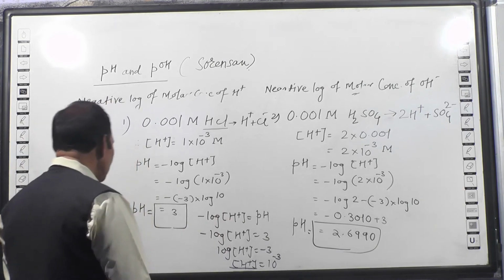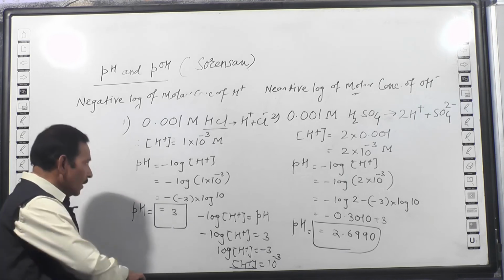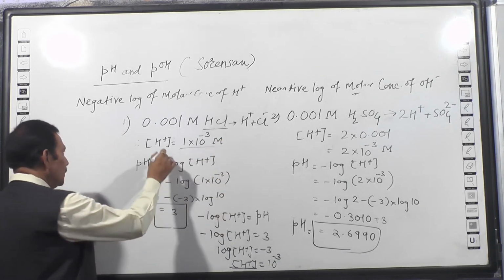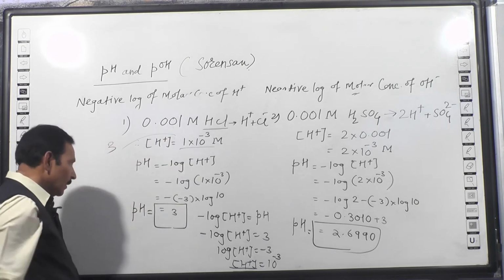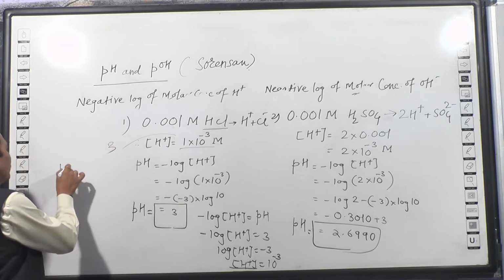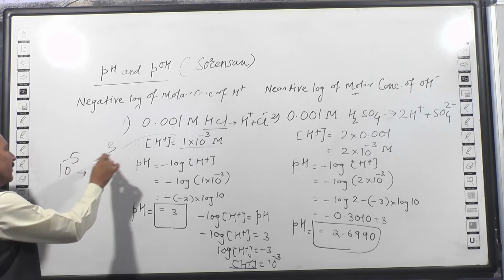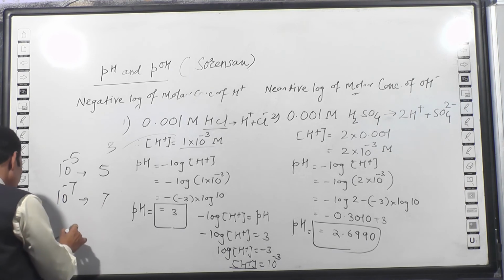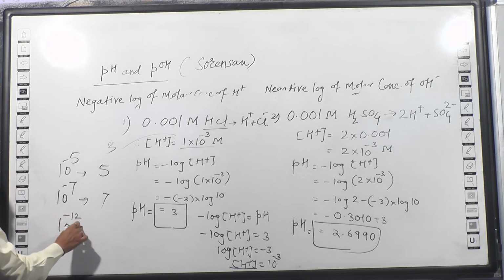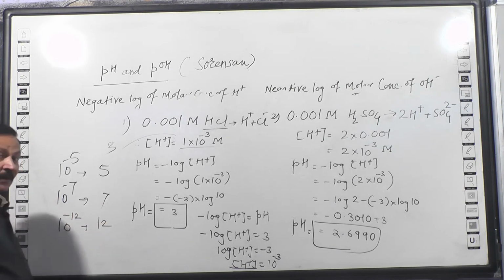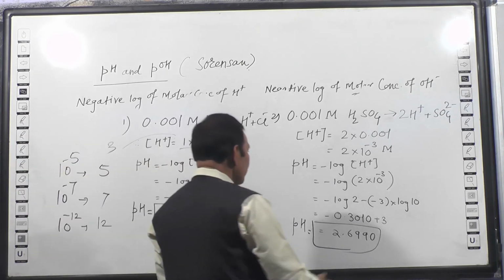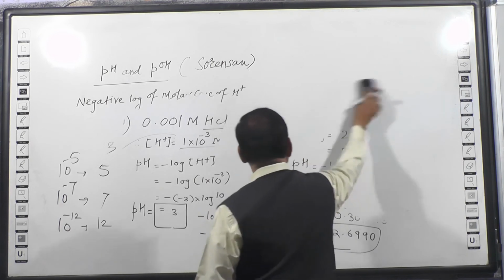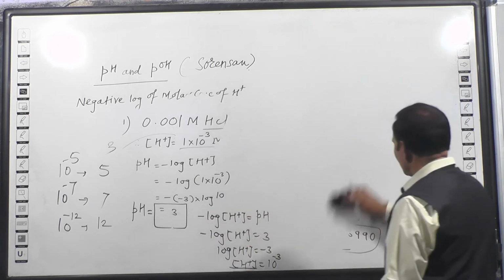तो Sorensen, अभी इससे आप लोगों को पता चलेगा कि if we are having concentration of H plus 10 to the power minus 3, the pH comes to be equal to 3. If the concentration is 10 to the power minus 5, the pH comes 5. If the concentration is minus 7, pH comes to be equal to 7. If the concentration is 10 to the power minus 12, the pH will come to be equal to 12. So this concept is used by Sorensen to obtain one scale that is called by the name as a pH scale. So we'll see what is that pH scale.